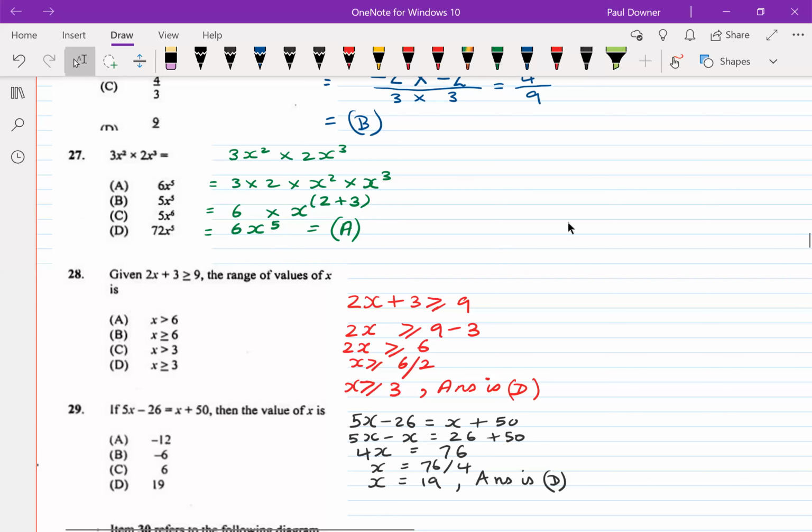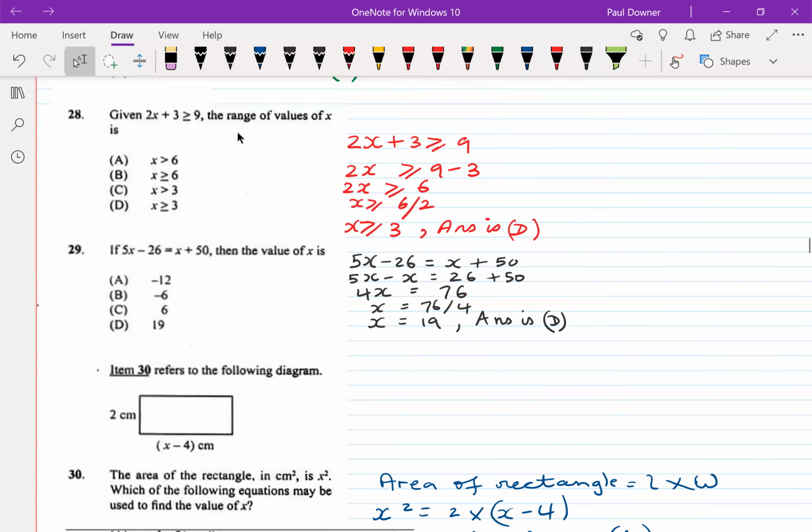Okay, so that was that one. Let's go down to 28. Now we are given that 2x plus 3 is greater than or equal to 9. The range of values of x is. So what is x? In other words, solve for x then, right? And let's see what we do here. It goes just like an ordinary solution, which is